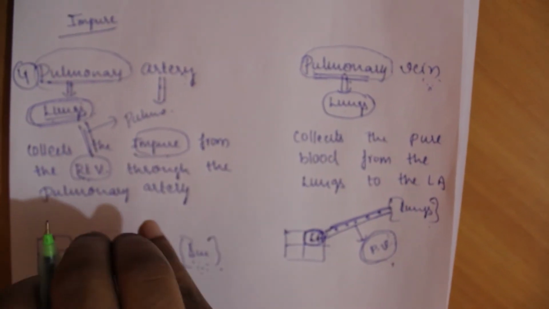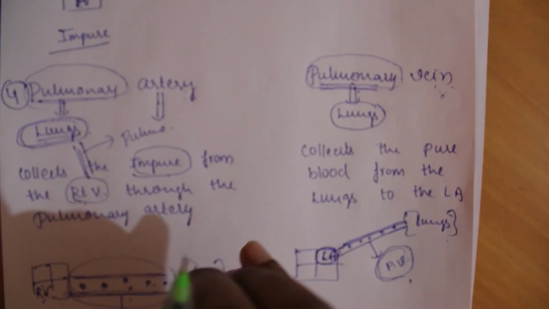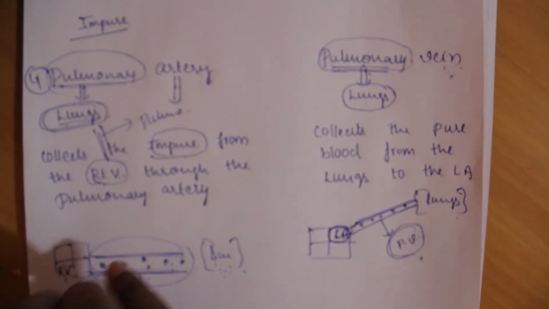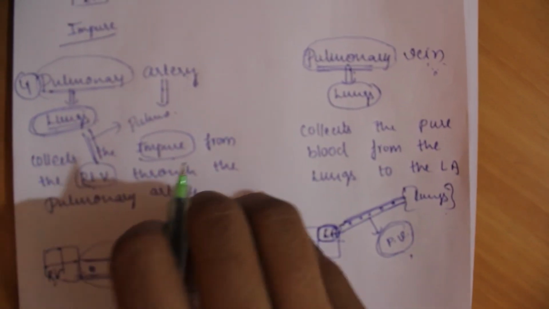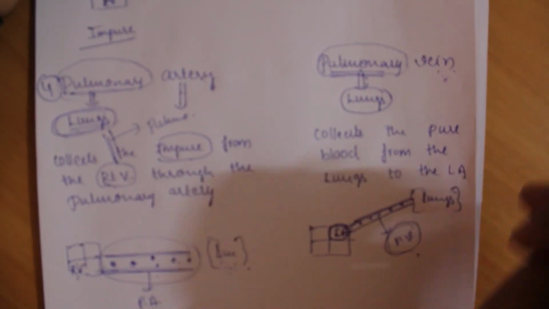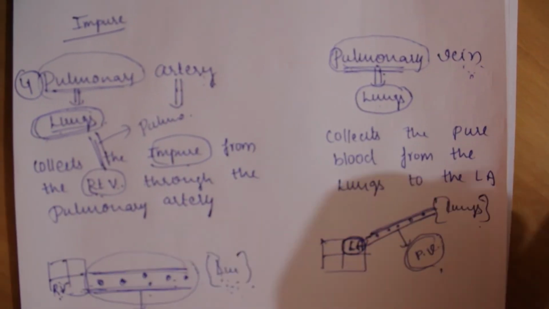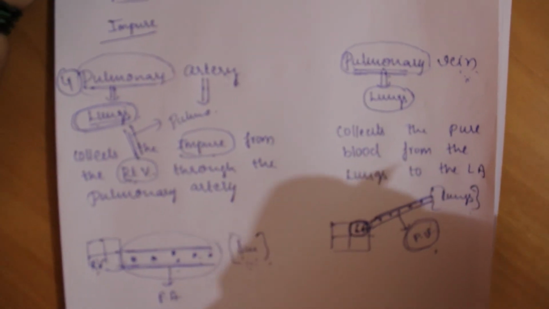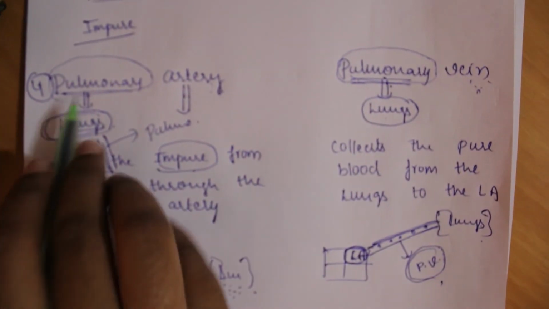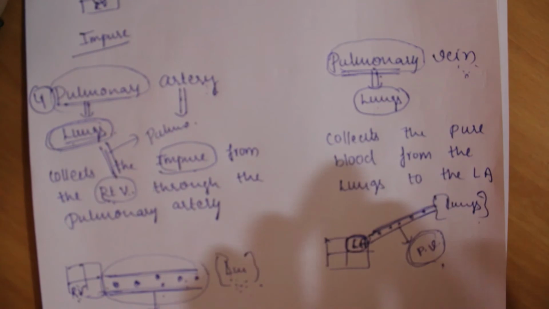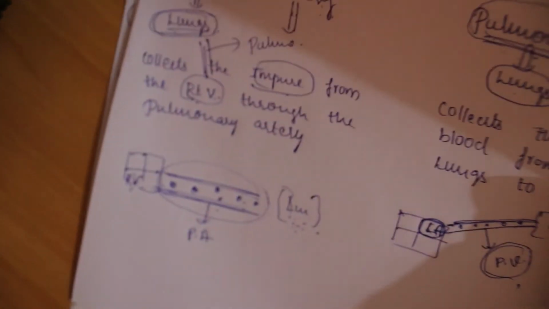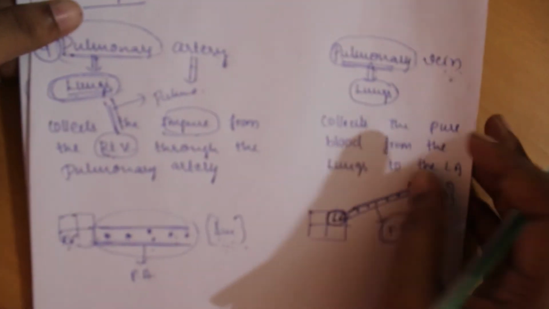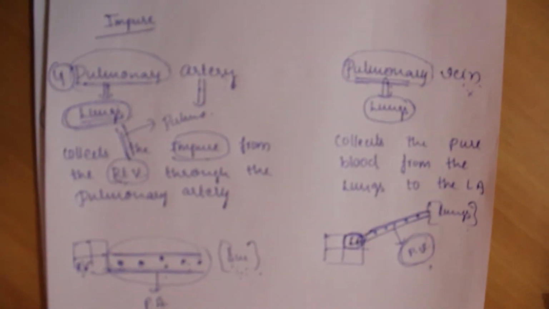I am explaining why I am dividing the parts and the structure: when you clearly know about the structure and the parts, it is easy to understand the circulation of the blood and the cardiac cycle of the heart. So I am clearly explaining here the actual meanings of the terms of each one. That is the reason I am dividing into parts. These are the pulmonary artery and the pulmonary vein.